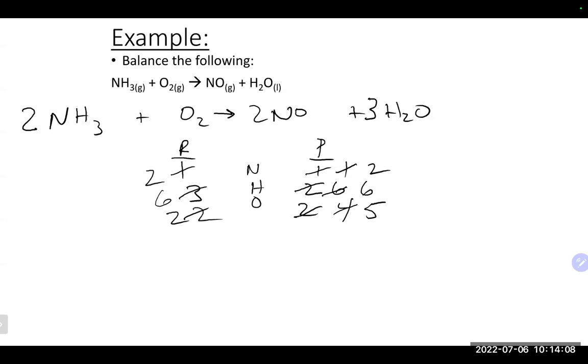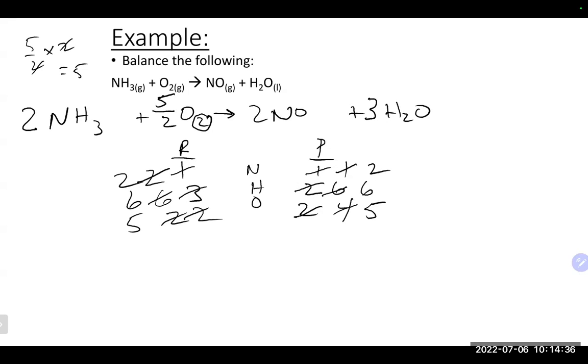Once again, the fraction is pretty simple. Up on top is the number you need. So in this case, we need 5. And on the bottom should always match this number, which is a 2. And if we do that, that would give us 2 nitrogens, 6 hydrogens. And again, when you take 5 halves times 2, you will end up with 5. And that would give us our balanced equation, except obviously, once again, here we do have a fraction that we